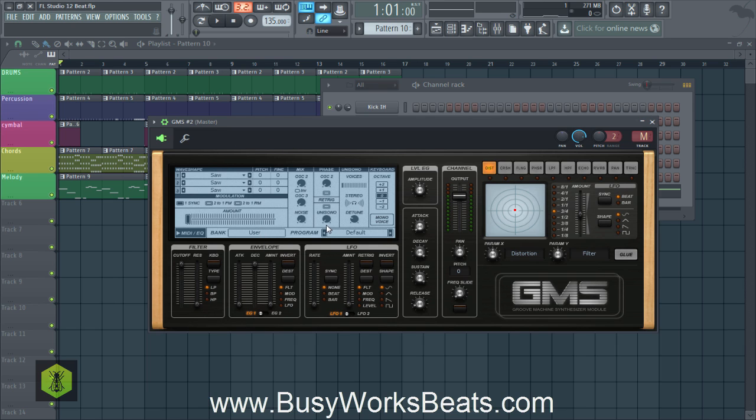Again, you're going to get the project file, so don't worry about trying to exactly mimic the sound. But in essence, all you want to do is increase the amount of voices here to, let's say, 4 or 8. We're going to try 8. And it gives us that 80s type of sound. Then we're going to left click and drag the stereo so it's a little bit wider, maybe to 50% or so. And we're going to also increase the detune to about 40%.